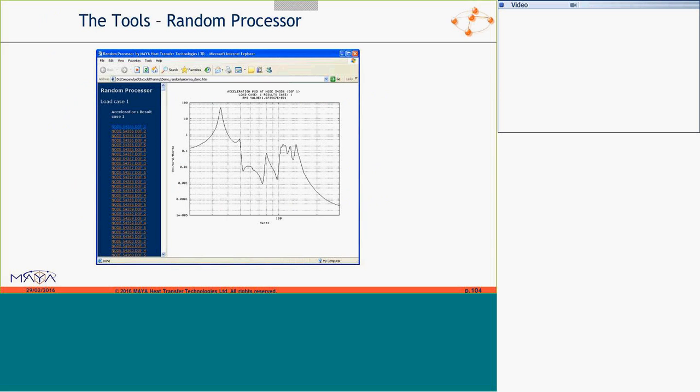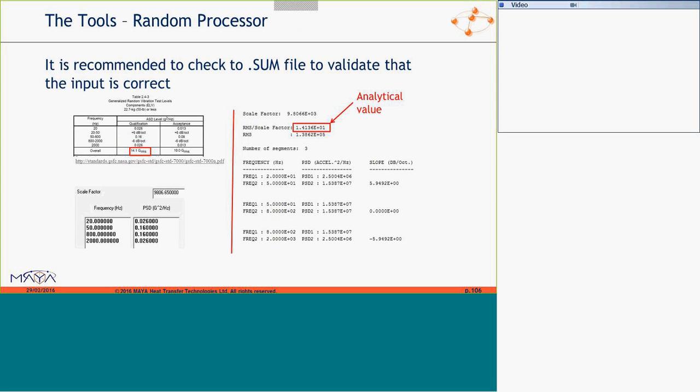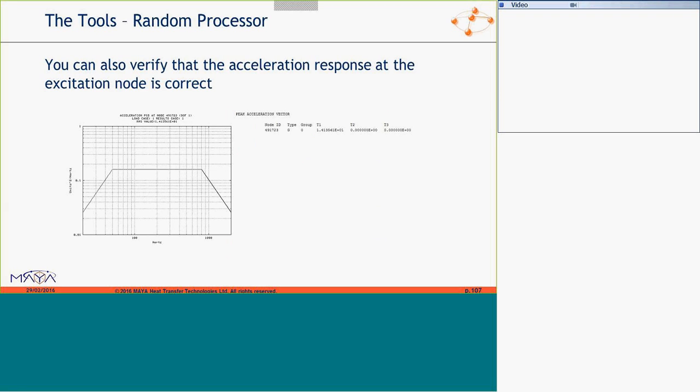As a processor, we output an HTML page with a directory listing. You're going to Excel as well. For the sign, we recommend that when you open your file, you make sure that your input power spectral density is correct. You just plot it like it was a response, and make sure it's exactly the same as what you input. So if there are any unit errors, you'll notice them there.